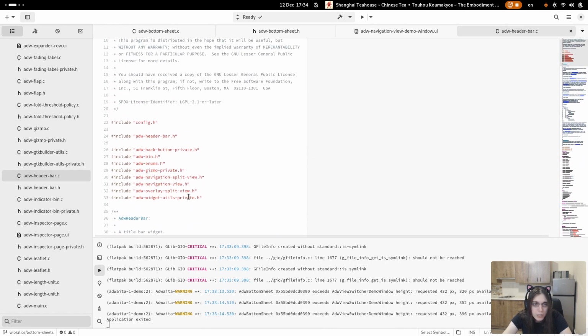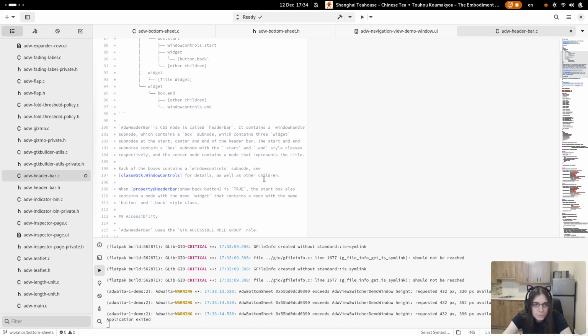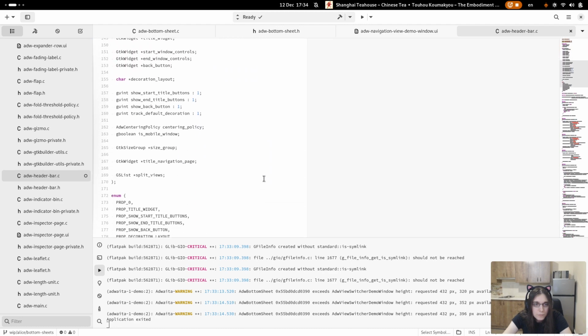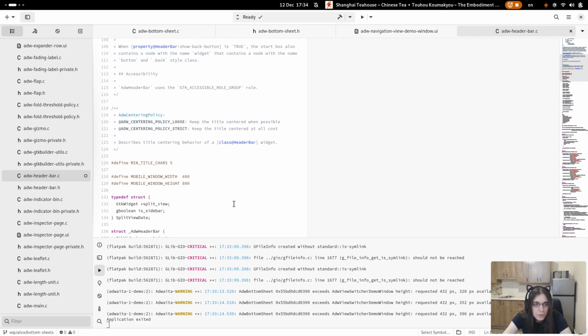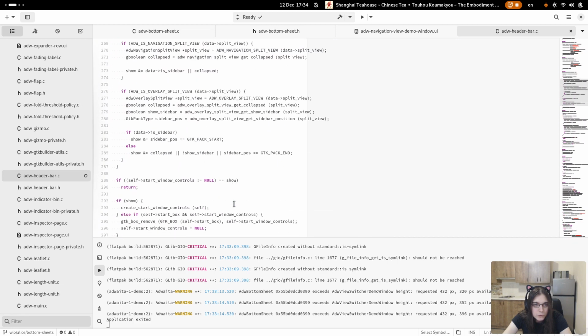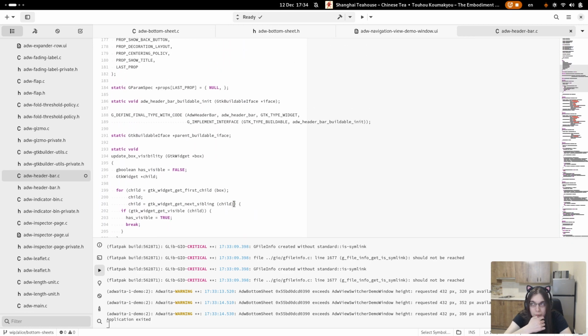So I'll need to import bottom sheet. Split views. Do I need to track all of them or only one? Yeah, I think I only need one.